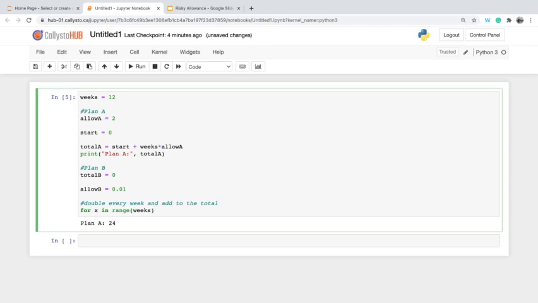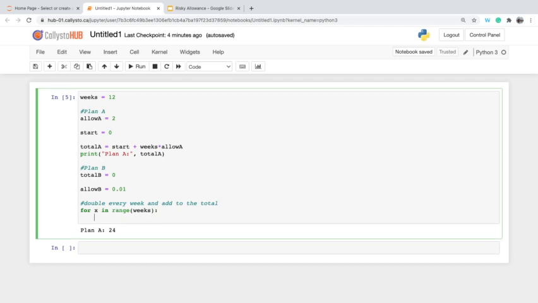And so we're essentially counting from 1 to 12 in this case. And then we put that colon, and then we start off with our total B is equal to our allowance of that week